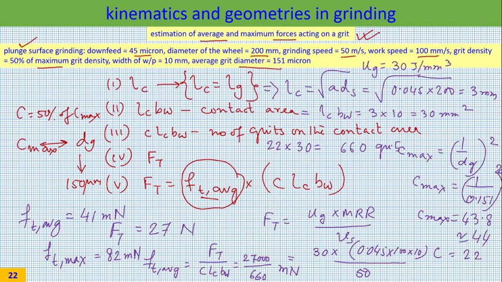Capital FT and small ft are simply multiplied by the number of grids on the grinding zone. So it is not very difficult. So FN would also be similar. In this way you can solve this problem. Now the question comes, this is an academic exercise. Where is the industrial relevance? For industrial relevance, we will go to the next slide and see how important it is to be able to calculate this.